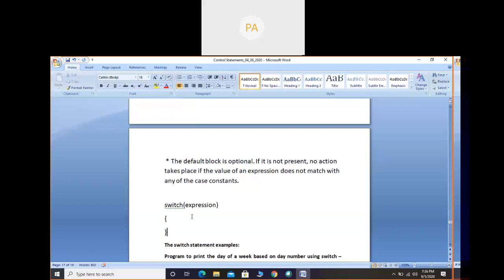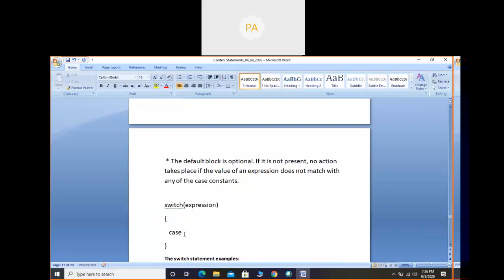If we write only this much, we will not get any application out of the switch statement. So at least we write one case constant, and the default block is optional.